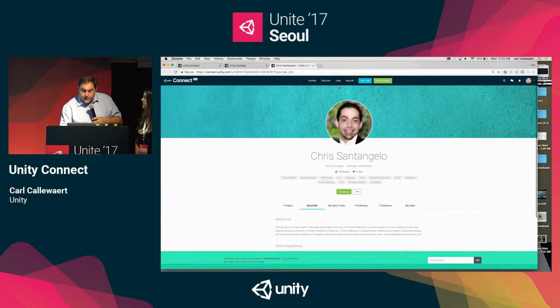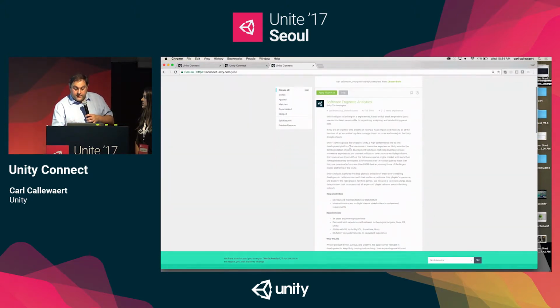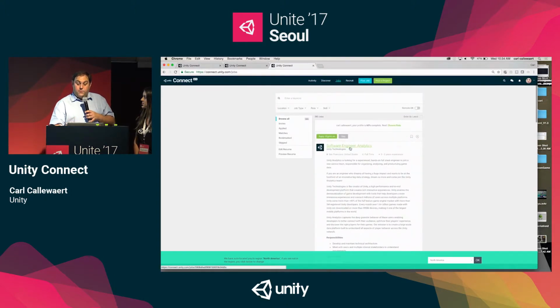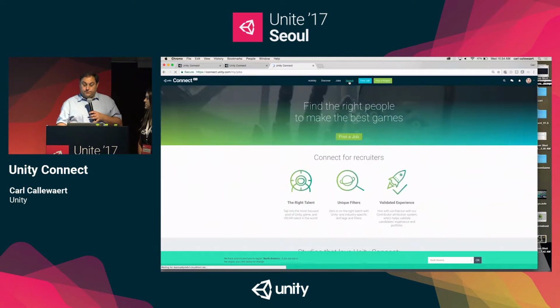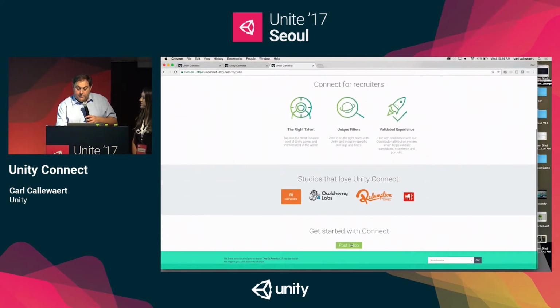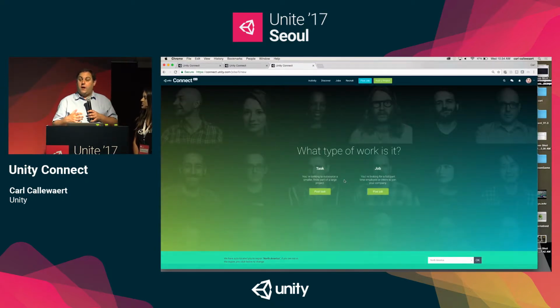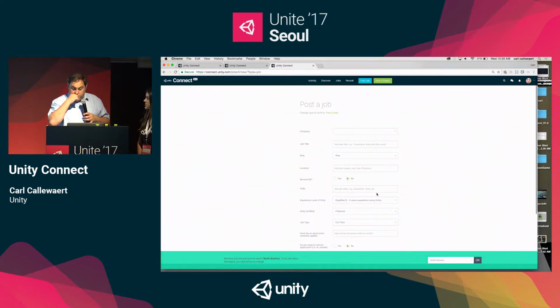Okay, but there's a lot more. Jobs. Click here, and what we can see are job postings. You can see all the jobs from Unity, but also from a lot of companies. For recruiters, they can find the right talent and connect with it, and studios can post a job. What kind of post? Full-time, a task, part-time, all those things. So we can say, okay, I want to post a job.